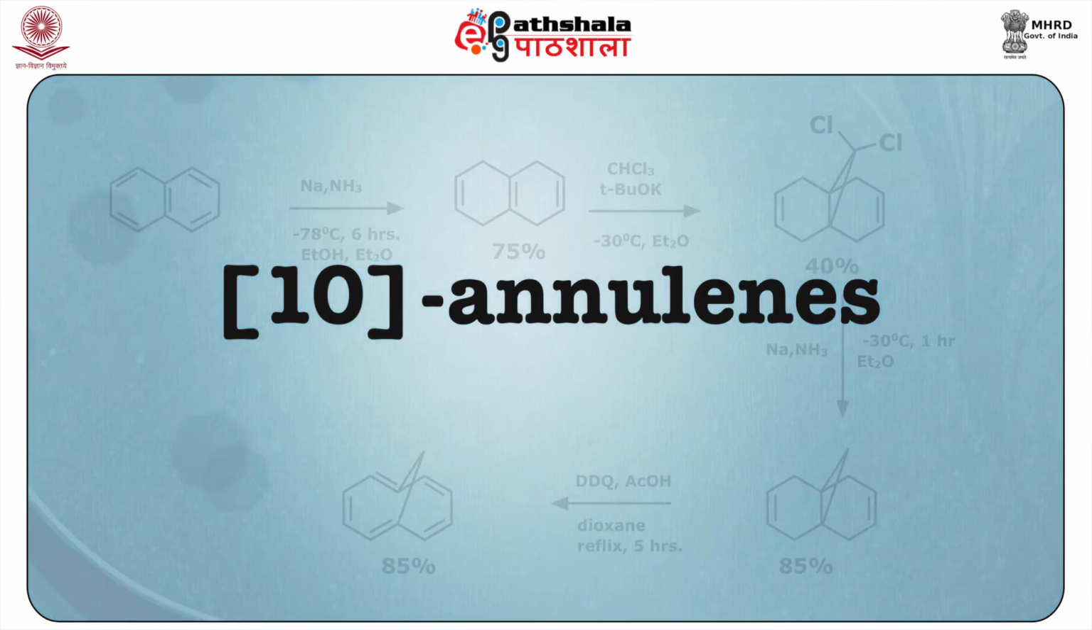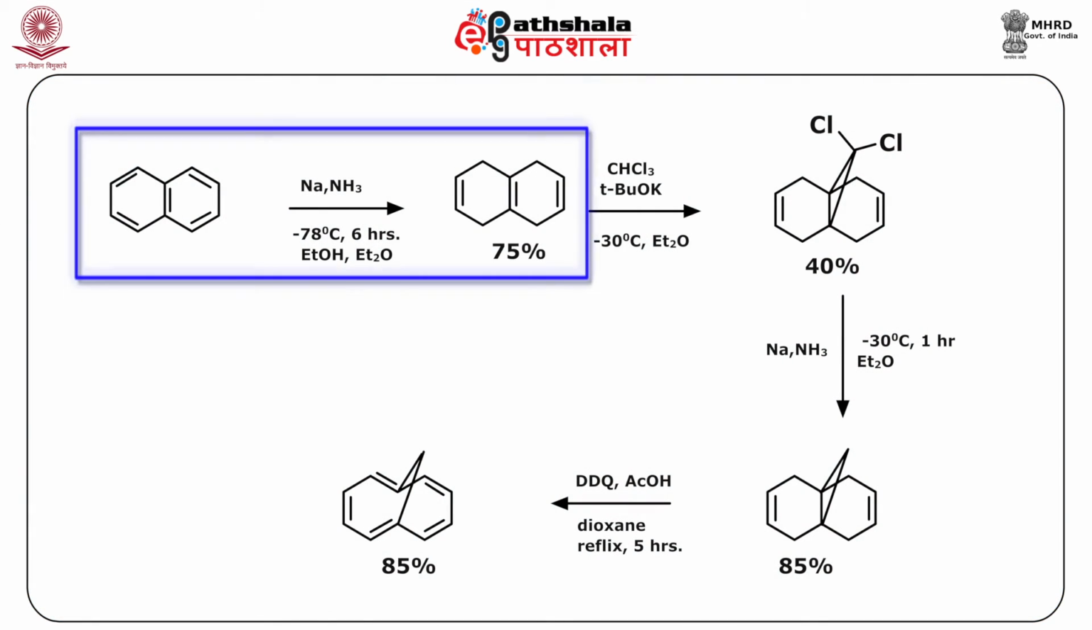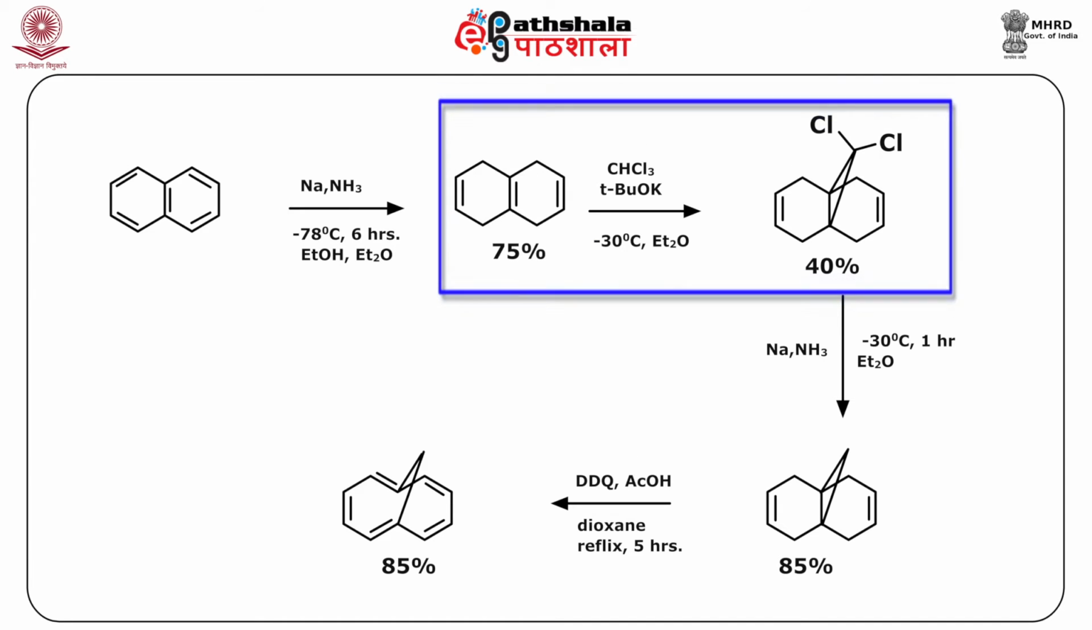10-annulenes. Naphthalene on Birch reduction forms tetrahydronaphthalene, or isotetralin. Tetrahydronaphthalene, when treated with chloroform and the potassium salt of tertiary butanol using ether and ethanol as solvent at minus 30 degrees centigrade, undergoes dichlorocarbene addition and forms 11,11-dichlorotricyclo[4,4,1,0]